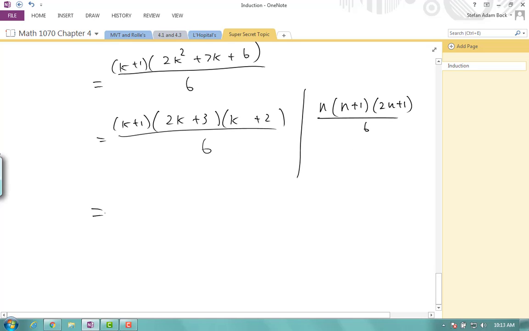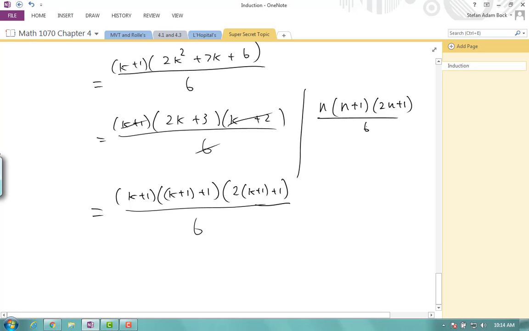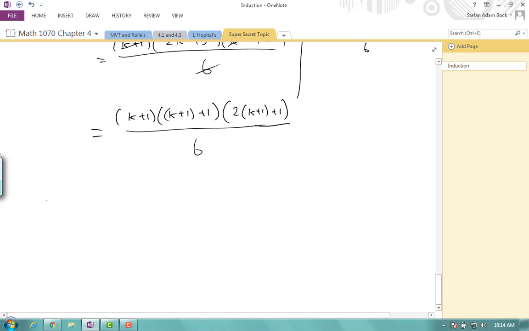And I think it still works, because I have a k plus 1 here. If I take 2 away from this 3, so I have k plus 1 for the k plus 2. It's divided by 6, which is good. 2k plus 3 is the same thing as 2 times the quantity k plus 1 plus 1. And that matches up with the formula I was supposed to get up there. Which means, for that original weird series I gave up there, the sum from i equals 1 up to n of i